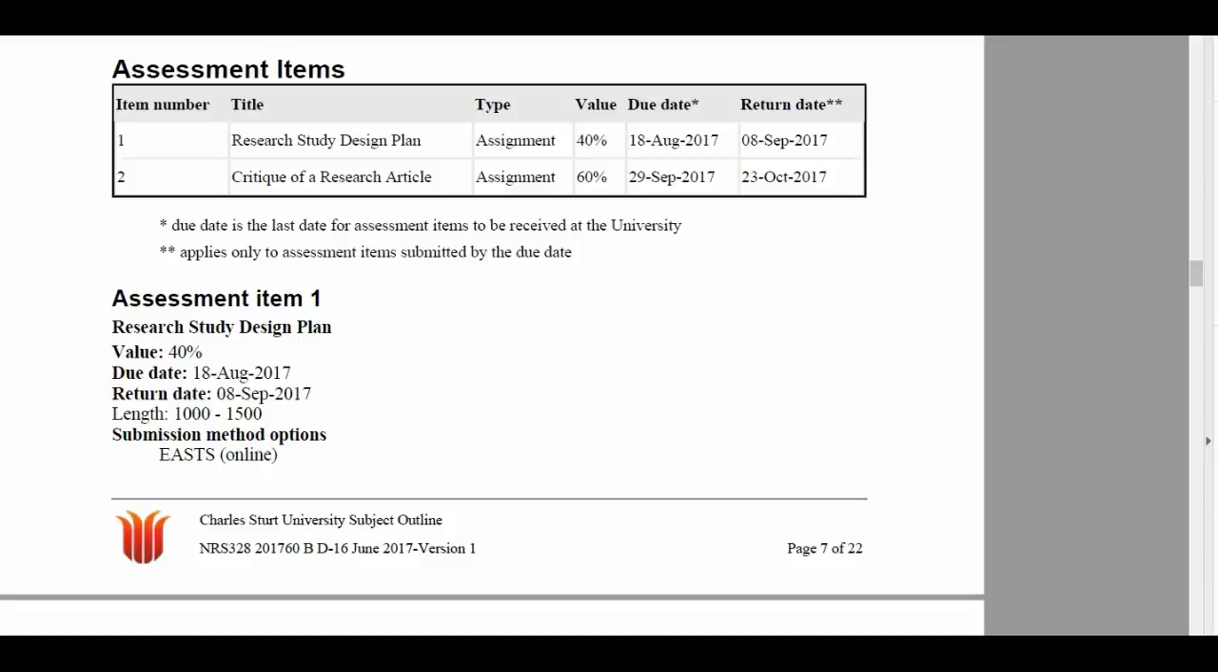Today I'm going to go through the first assignment in this year's 328 assignments. So first of all, the first assignment is called a research study design plan, and what we want you to do here is to design a study. You will not be actually running the study, but you're going to design the study, and by doing this, this will help you in understanding